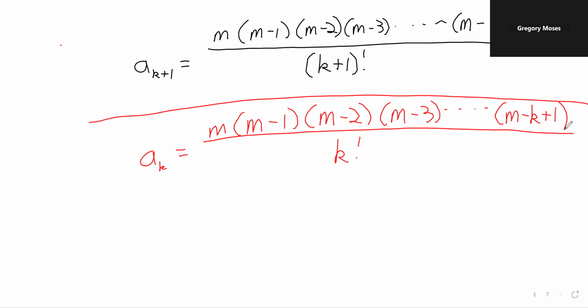I haven't said that explicitly yet, so I'll say it now. That's why we found a sub k plus 1. So a sub k plus 1 over a sub k